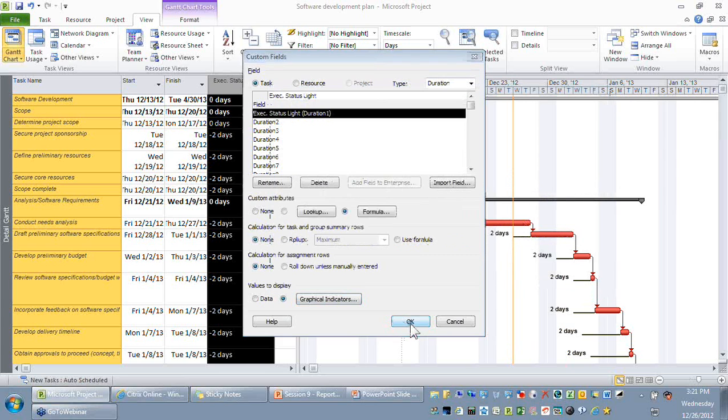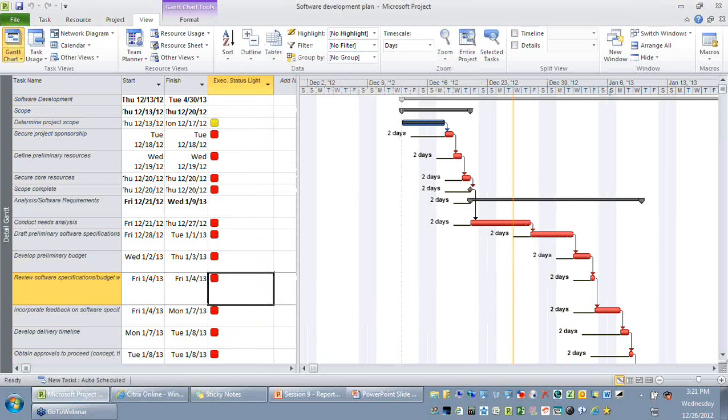Now let me say OK, and let me say black. Now you are able to see that for the first activity it says OK, but for all the other activities it displays it in red, which means that you are doing bad with respect to those activities. So as you can see, this is a quick way by which you can create your own tables with respect to this. Remember, you can also have your own views which you can use.